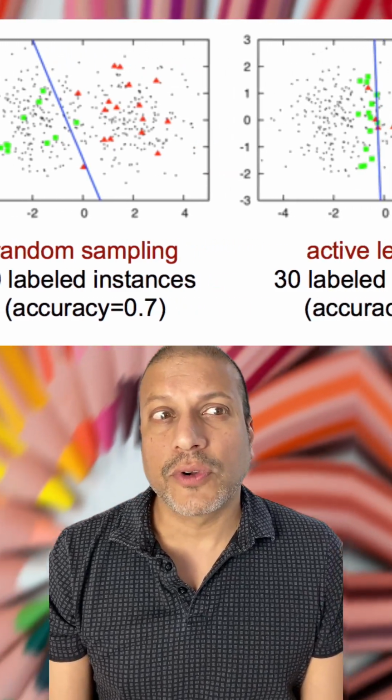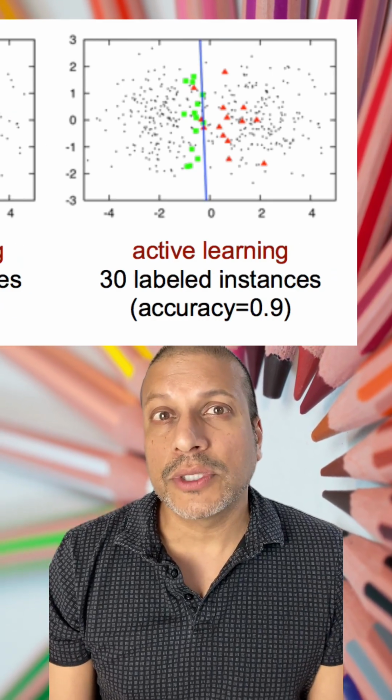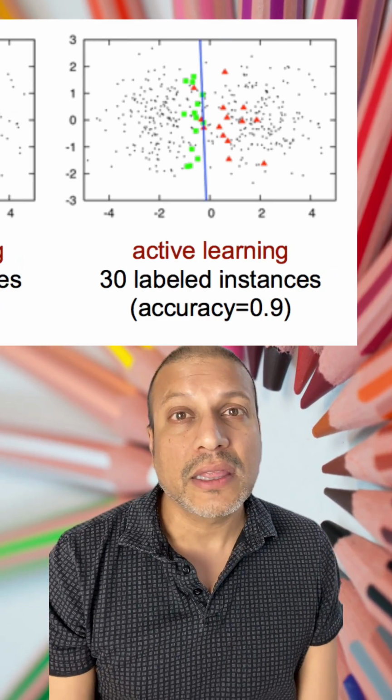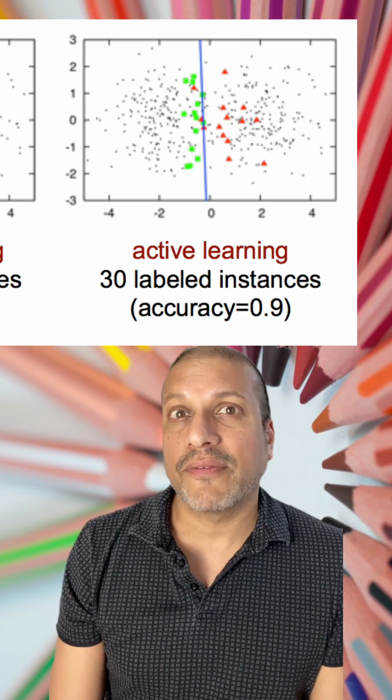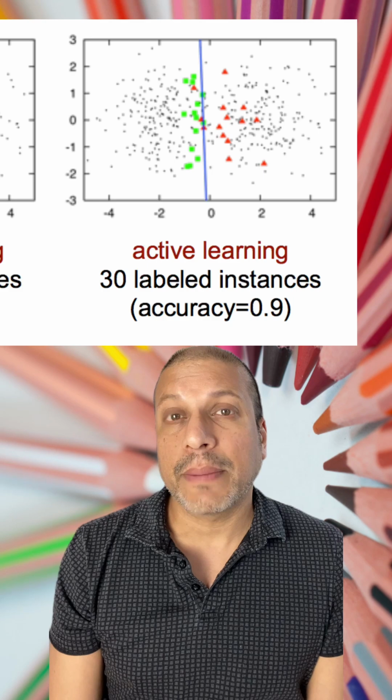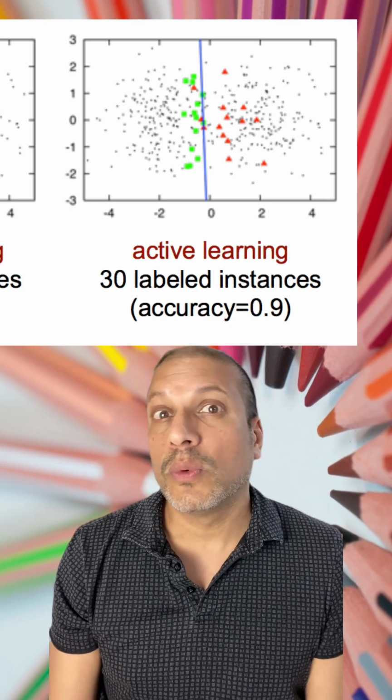Instead, with active learning, what we're going to do is try to find what are the data points or examples that are on the decision boundary, and let's try to label those, because that'll help us more quickly be able to identify the decision boundary. And in this example, with an active learning approach, we can get a 90% accuracy with labeling the same amount